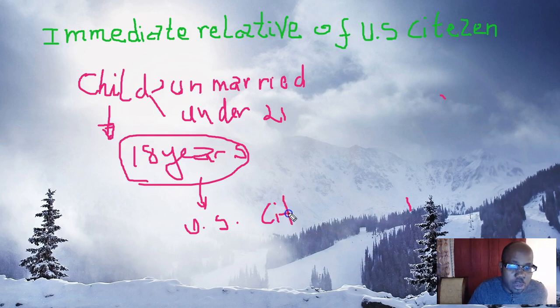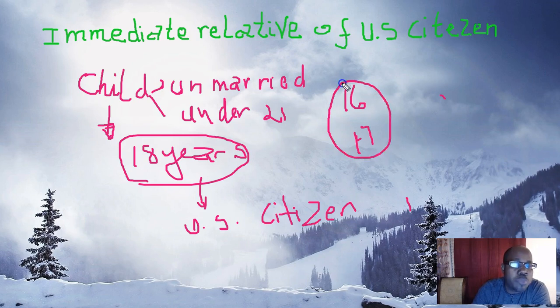Every time you file for your child, before the child turns 18, when this child gets to the USA, they automatically become a US citizen. That's why most of the time, if you apply for your child at 16 or 17 years old, NVC is going to send you a letter telling you that you better hurry up. Sometimes they will